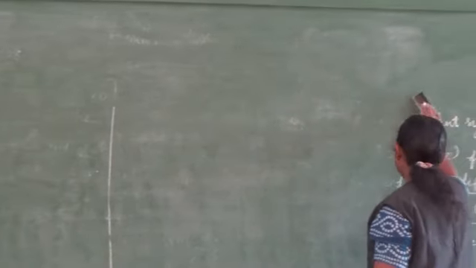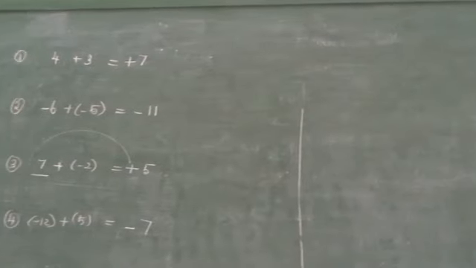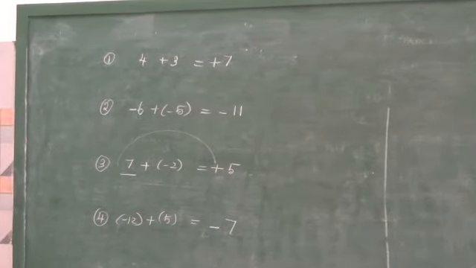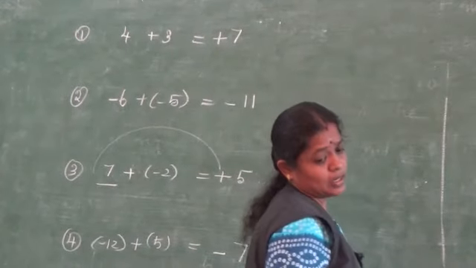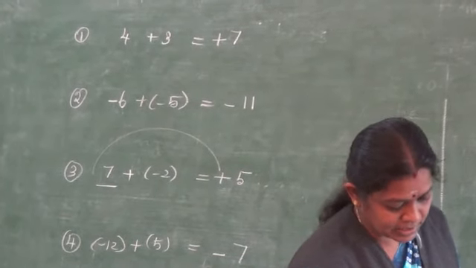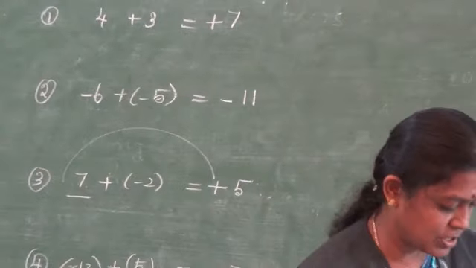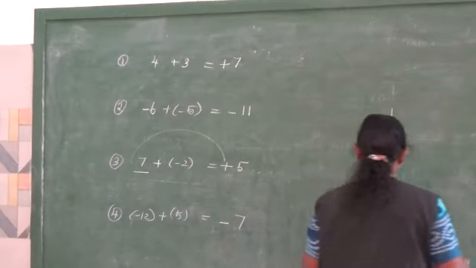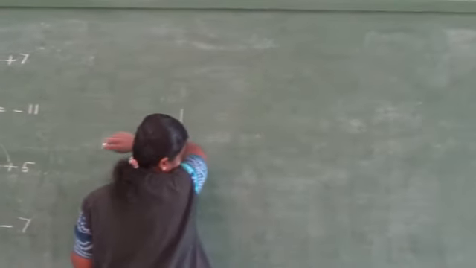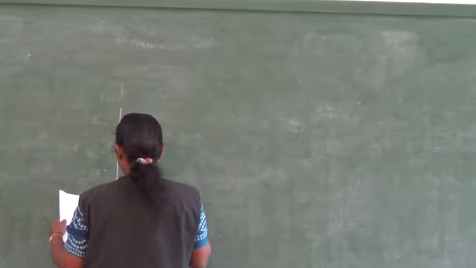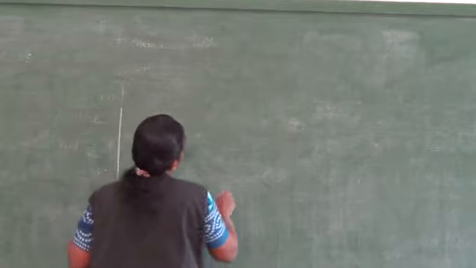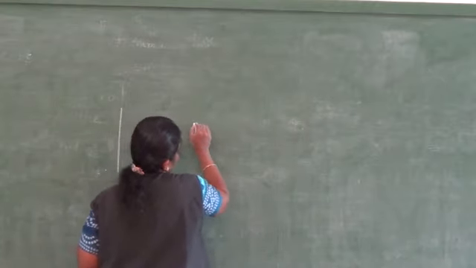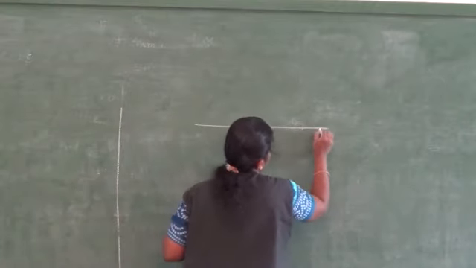Now we are going to add the integers by using number line. Already you know how to draw the number line. For this integers, we have some rules. Before doing the problem, you must know how to draw the number line for integers, how to mark the points and rules. First, to draw the number line,